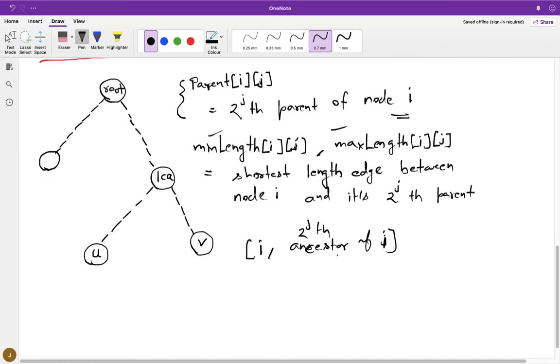That's what we store in min length[i][j].